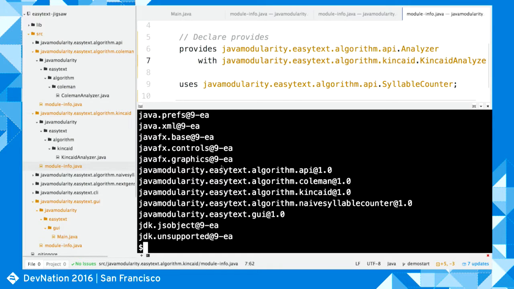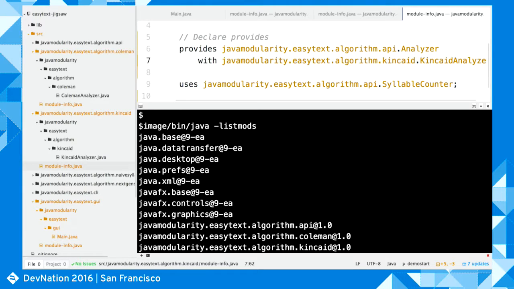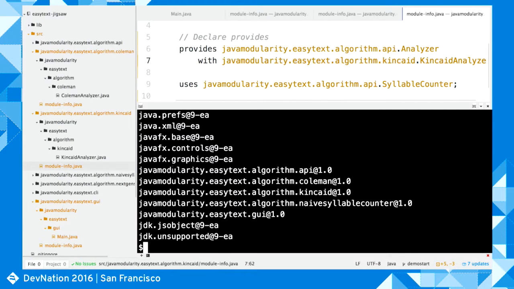And if I list the modules that are in the image right now, you can see it has the JavaFX modules plus all their own dependencies, which are, well, I'm not going to list them all, but it's more than we had in the CLI example.